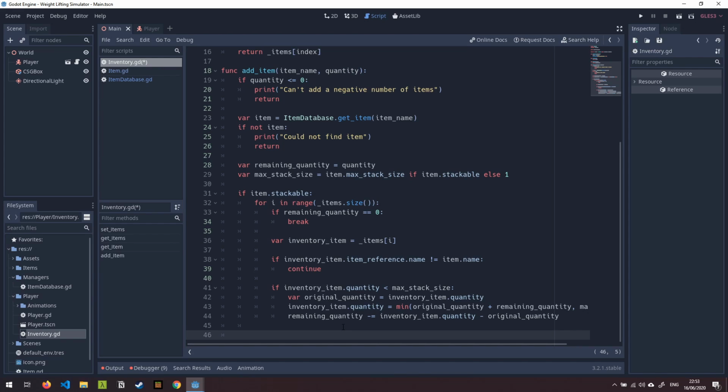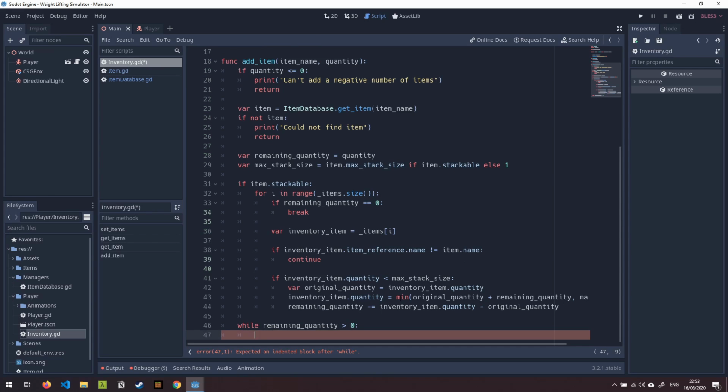Okay, so if this item isn't stackable, then we need to loop through the remaining quantity and create brand new item stacks for that. And those stacks will obviously be 1. If it is stackable and we have some remaining quantity left over, again, we want to create new stacks up to the max stack size. So how we're going to do that is we're going to say while remaining quantity is greater than 0. So while we still have remaining quantity left, we're going to create a brand new item to add to the